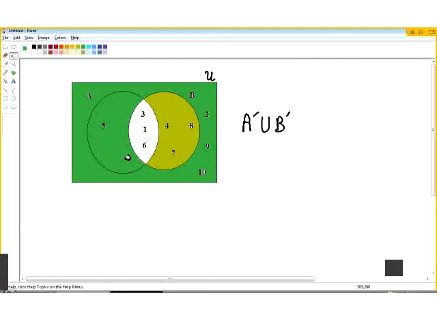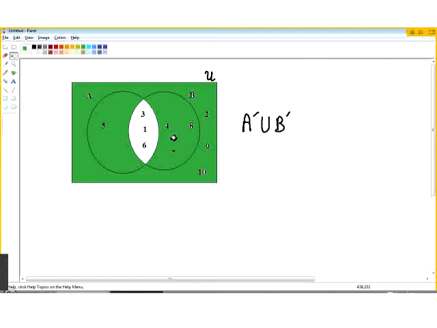And we join it together. You realize that no matter what, that region in the center will never be colored. So everything outside of A joined together with everything outside of B gives us this, what we have here. Everything outside of A union everything outside of B gives us